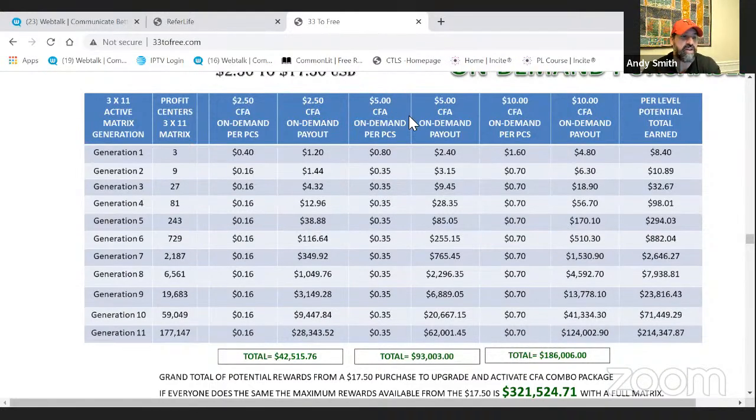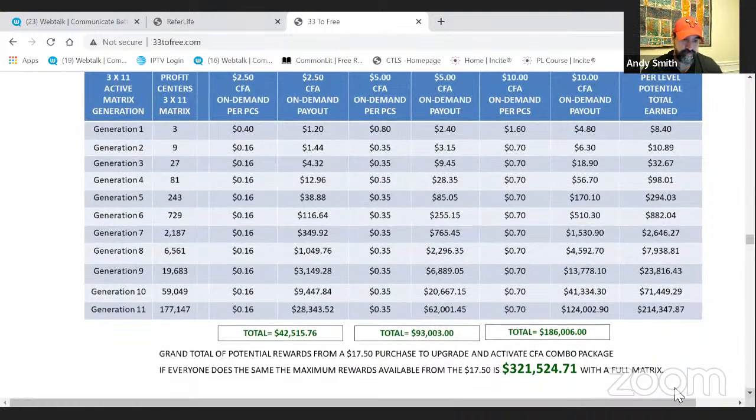There's a $5 that you could pay every month, a $10 you could pay every month, a $17.50 that you could pay every month, and then a $35 CFA that you could pay every month. That is up to you. Again, you could do whatever you want, but what you see is now this turns into kind of a monthly